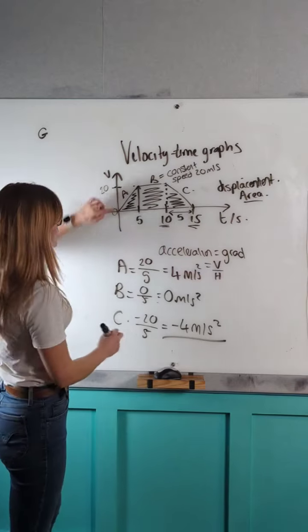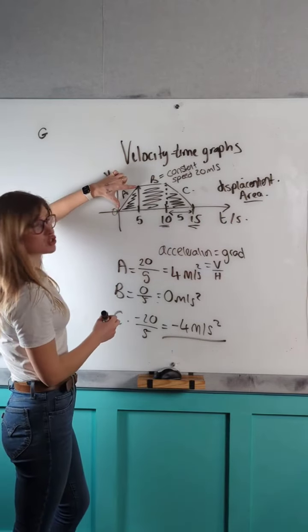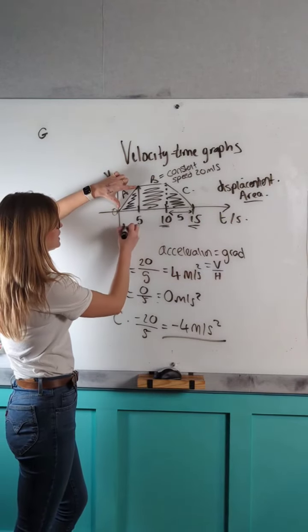So to find the area under the graph, this first section is a triangle. So what I'm going to do is 1/2 of the base